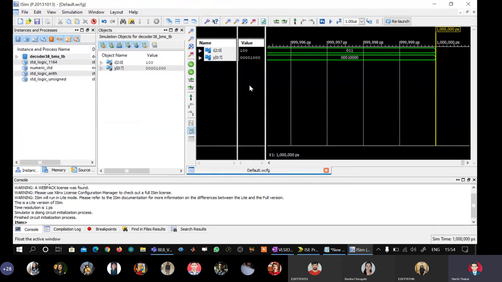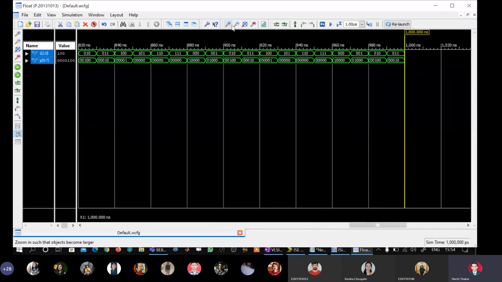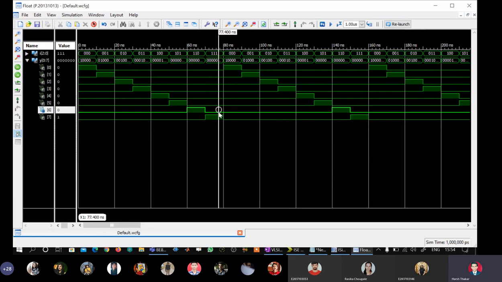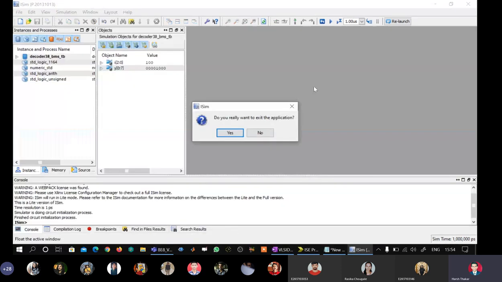I will again say float. I will say zoom to full view. I will zoom to get the combinations inside. I will take the scroll bar like this and I will see here that my first combination is 000. We can see very beautifully how the one is being shifted here. You see here? Yeah, so the one is shifting now: y0, y1, y2, y3, y4, y5, y6 and y7 when the inputs are going from 000 to 111. That's how it is. This is how we are verifying the functionality of this design.